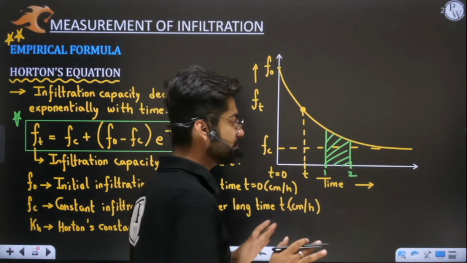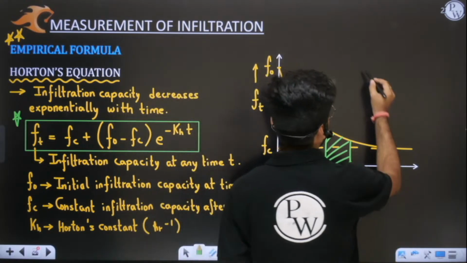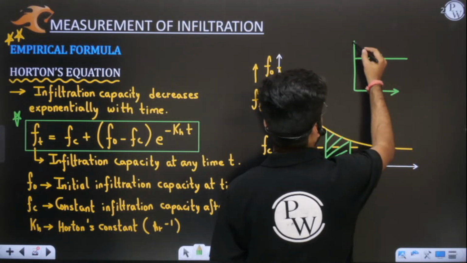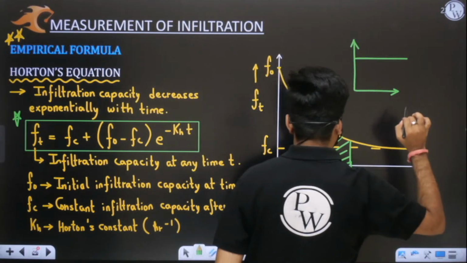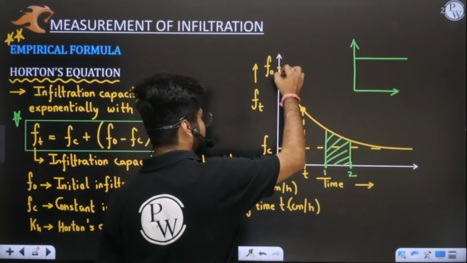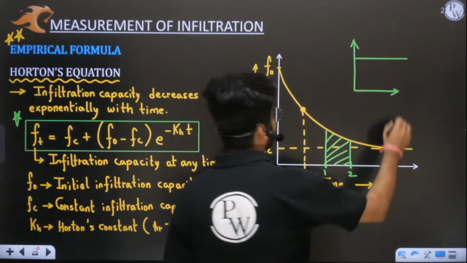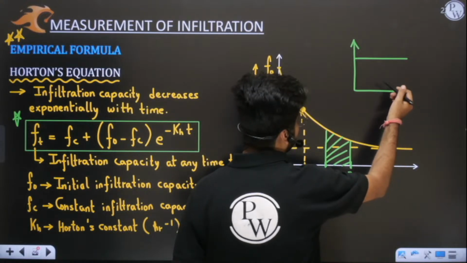Yes or no? See, one thing is for sure: if this infiltration capacity was constant, but yes, it is not constant. Obviously, we can see that it is exponentially decreasing. But let us assume it was constant, and they are saying,